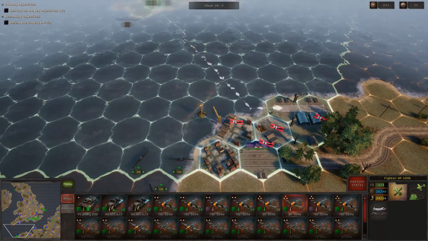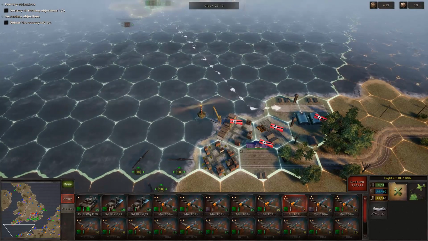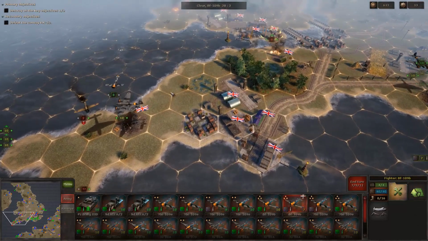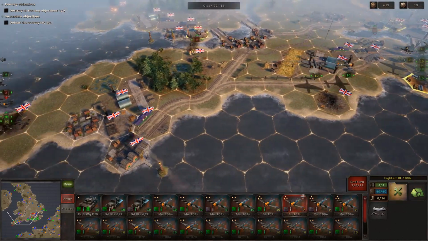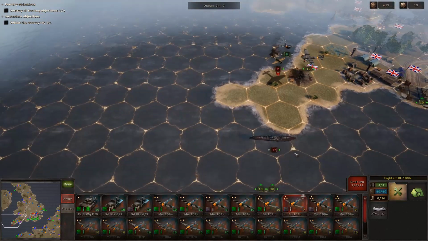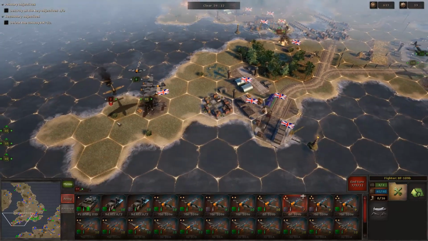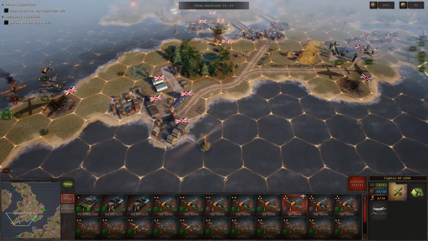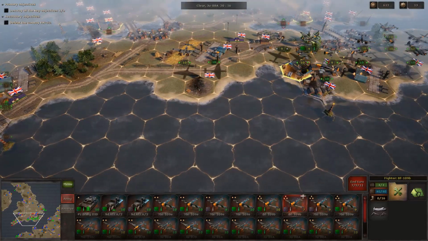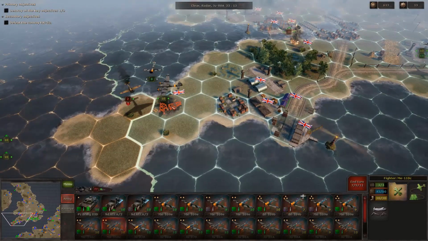I'll make sure to land these guys already for this turn. I'll get them out afterwards, but I think it's good to land here right now. I do want to stay out of vision of these, so I'll have to be careful. But I can destroy this Hurricane already. If I get this thing, I should...